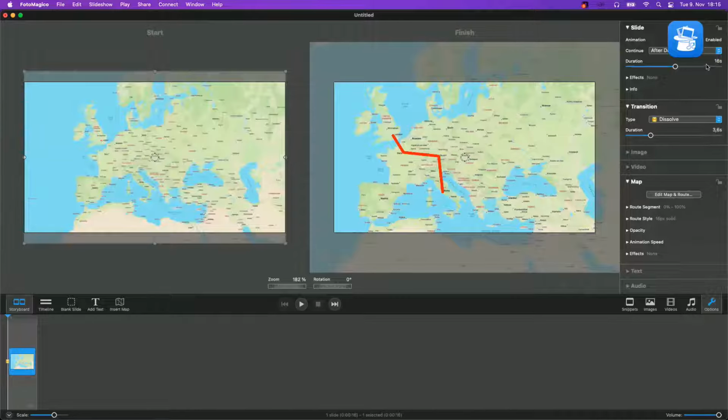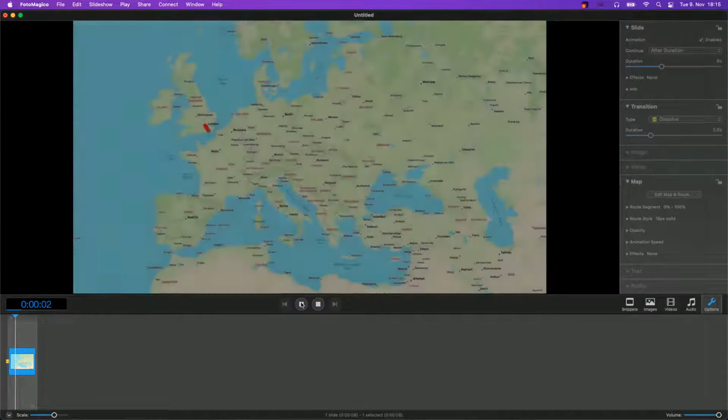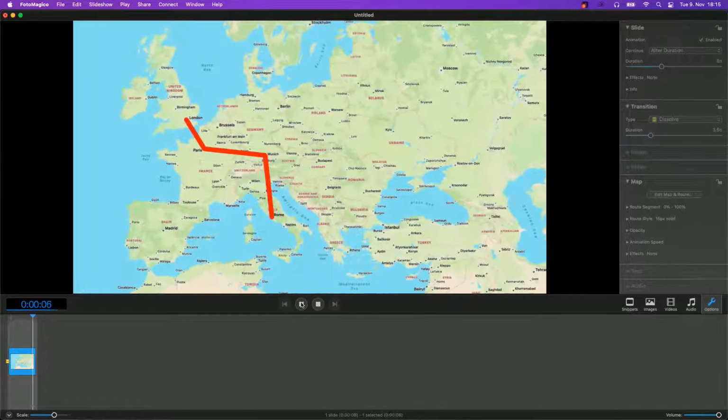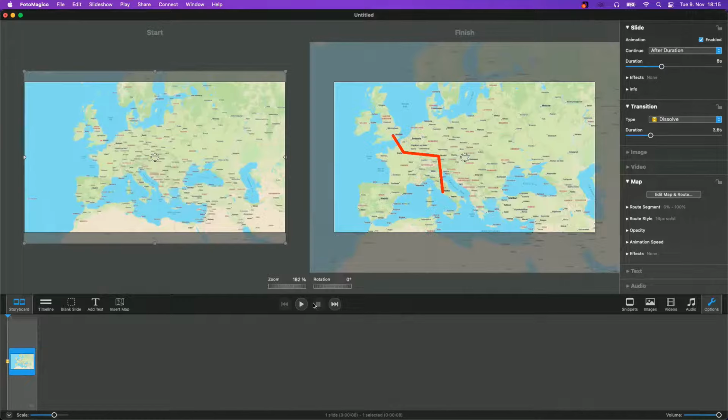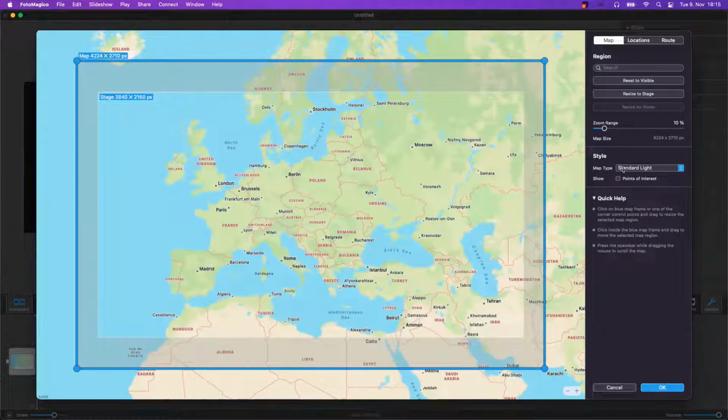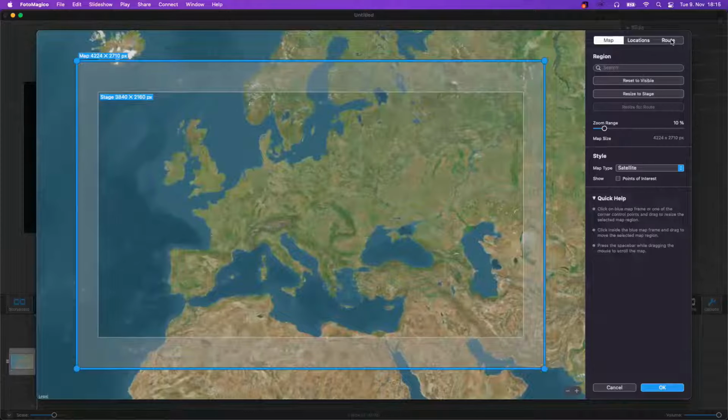Okay, maybe we should change the duration of the slide. Make it a little bit shorter. Let's take a look. Yeah, nice. So now this is like a very high level thing. So if I hiked the mountains and took a much more complex path, can I use GPS data to make something like that? Let's create another map, and this time we will change the style to a satellite view, and